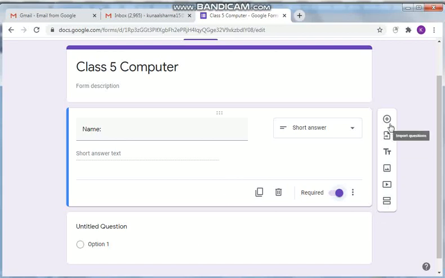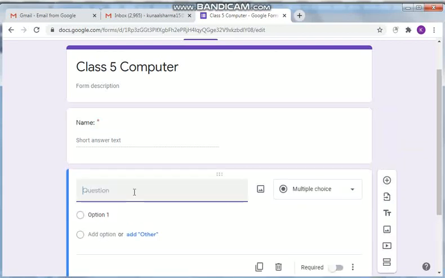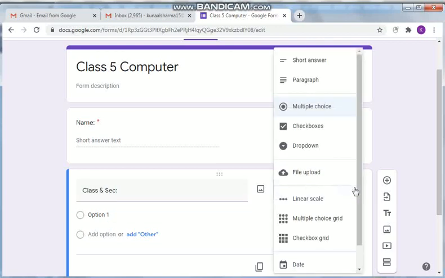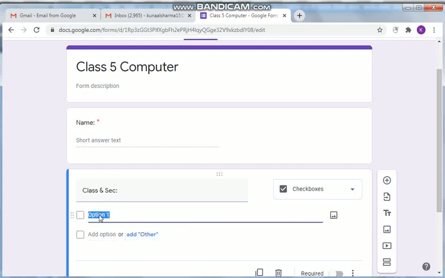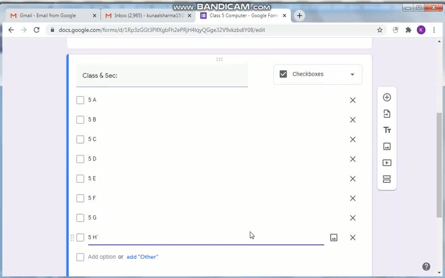Then for the second question, again click on the plus option, and here I'll take class and section. I'll choose checkbox. So here I have added A B C D F G H, all the sections are over here.